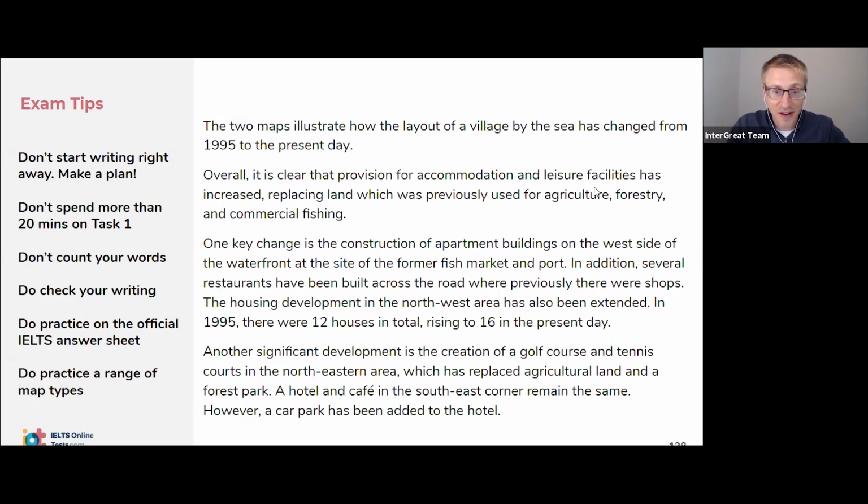Let's see. I think we've got time for a few more of your questions here. Another good question from Darius here. How do I decide which changes are minor, or should I include all the changes in my writing? Yeah, this is always a good question on what information to leave out and what to keep in. So basically the key